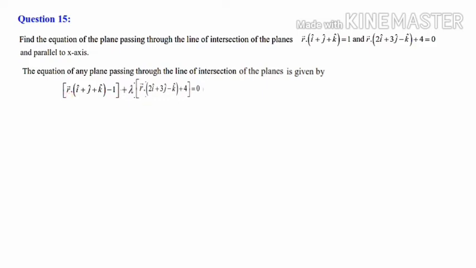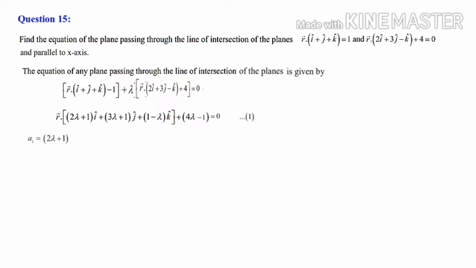There is vector r we have to take outside and group the components of i cap, j cap and k cap. That is vector r if you take outside, and here there is i cap is 1 i cap and here is 2 lambda i cap. So 1 plus 2 lambda into i cap. Here there is j cap 1 j cap and here it is 3 lambda. So 3 lambda plus 1 into j cap. Here k cap is 1, then here it is k cap is minus lambda. So 1 minus lambda into k cap. Here constant is minus 1. Here there is 4 lambda. So 4 lambda minus 1 is equal to 0. Label it as equation number 1.